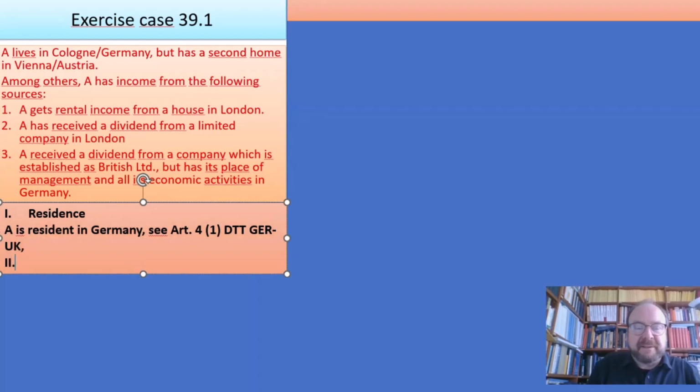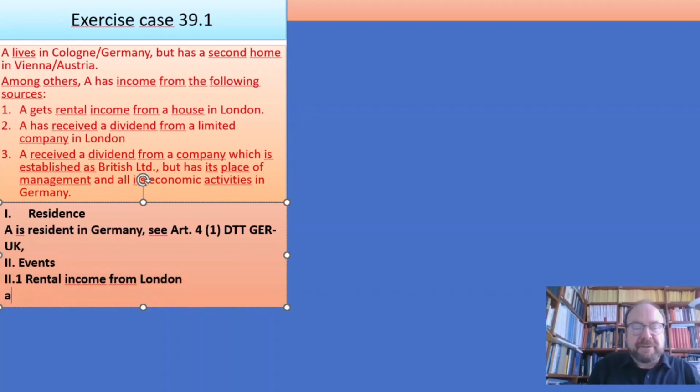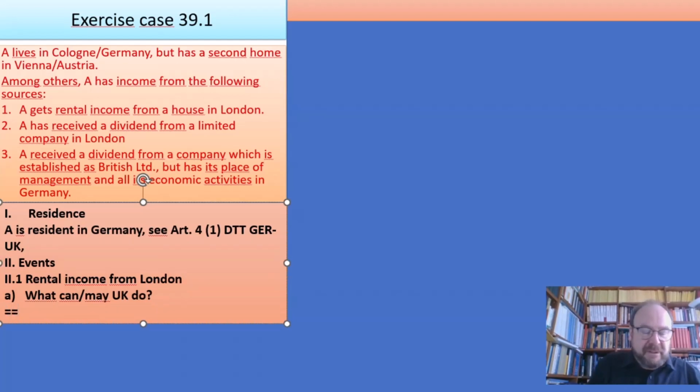And now let's go to number 2, the events. 2.1, the rental income from London. Our first question must be A, what can or may the UK do as the state which is not the state of residence? Our presumption, assumption, supposition, suspicion will be that it is Article 6, probably 6.1, because that's the